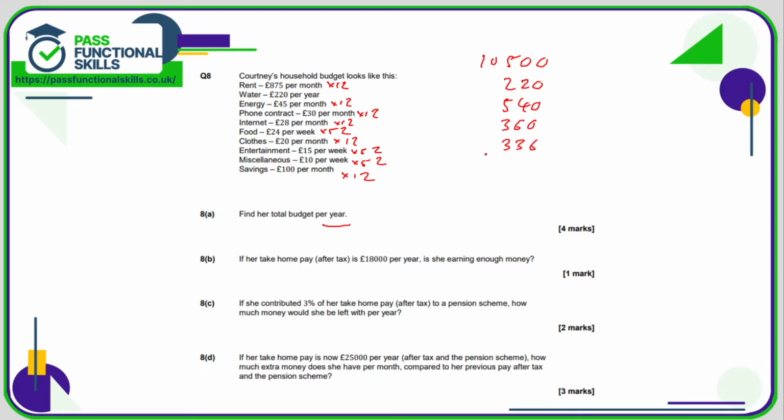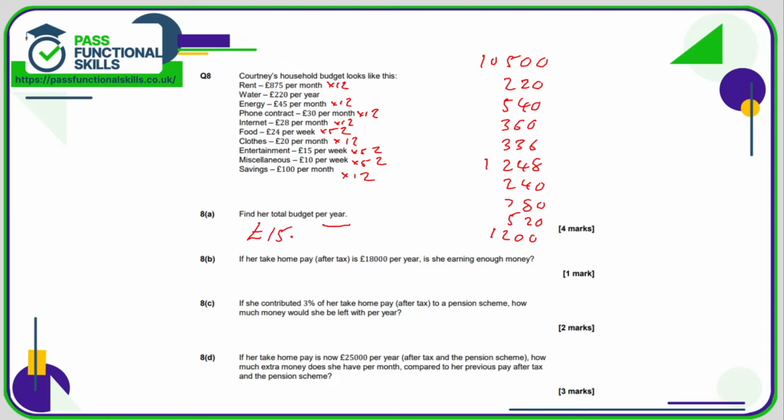24 times 52 is 1,248. 12 times 20 is 240. 52 multiplied by 15 is 780. 52 times 10 is 520, and 100 times 12 is 1200. Now all we need to do is add up all of these figures using our calculator, and that comes to